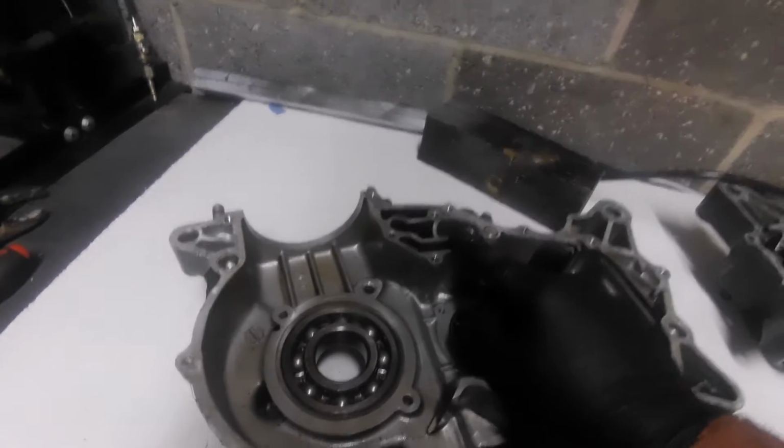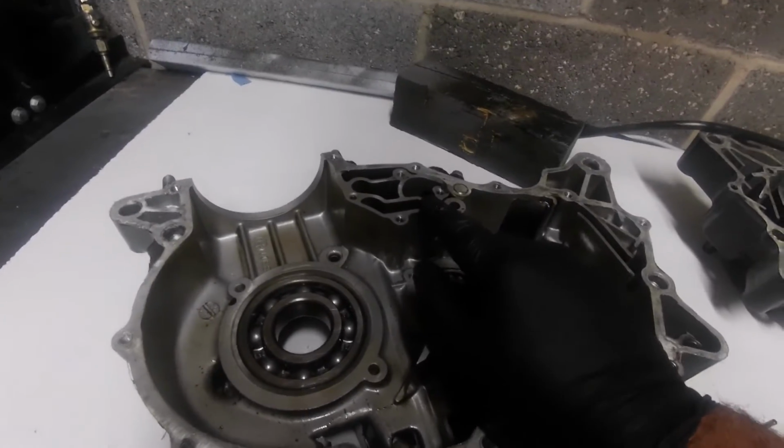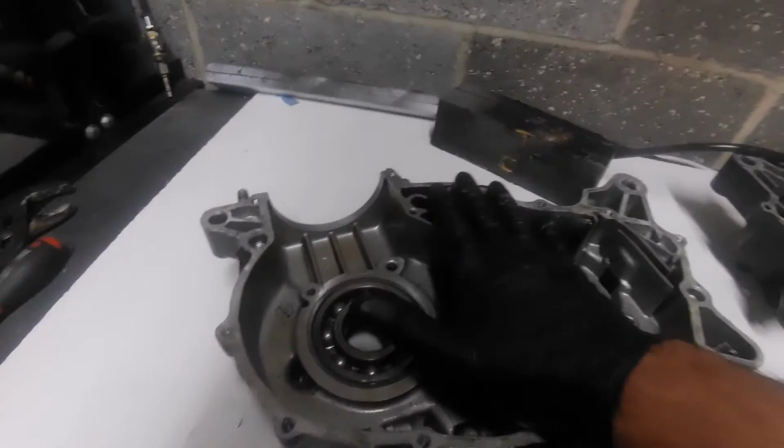So, it's picking up a lot more air, as much air as it is oil. But anyway, you see where I'm going with this. Is that enough? Now, personally, if this was my engine,